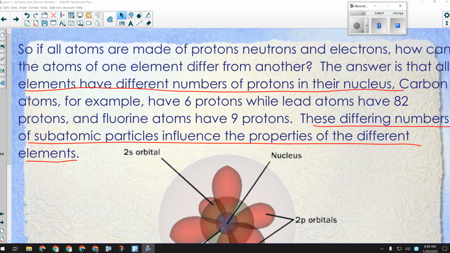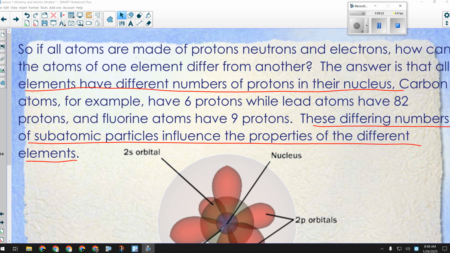Okay, so on this topic, Dalton's 4th point of his atomic theory says that in a chemical reaction, you cannot change the atoms of one element into atoms of another element. If you start out with sodium and chlorine and lead and oxygen, you're only going to have those 4 elements on the product side. You're not going to change them into anything else.